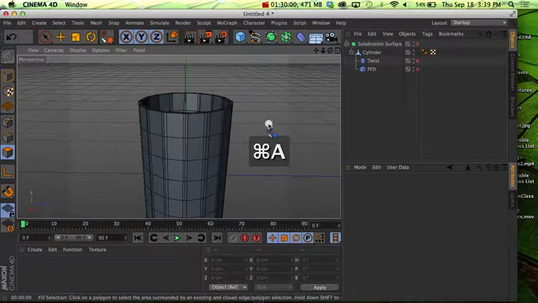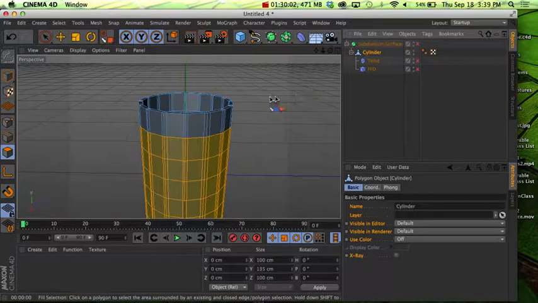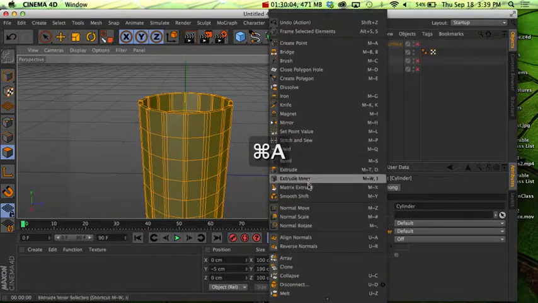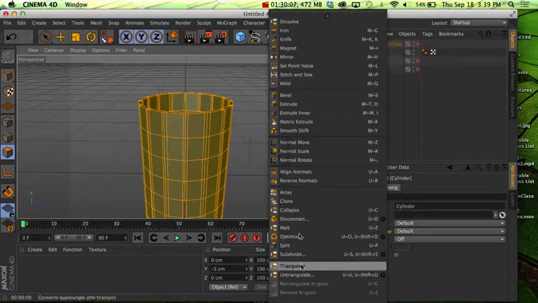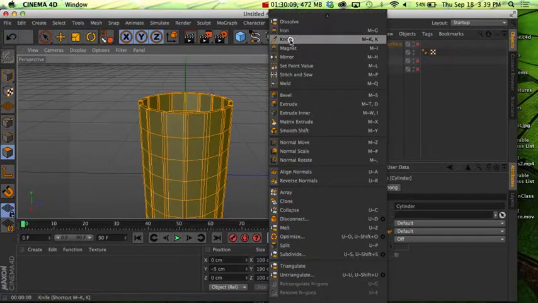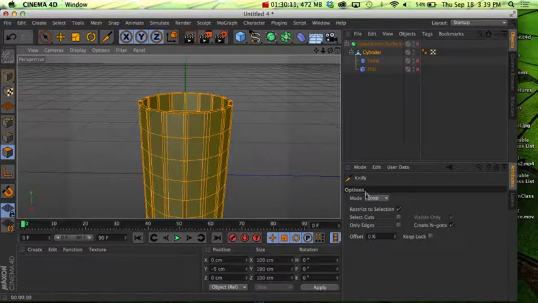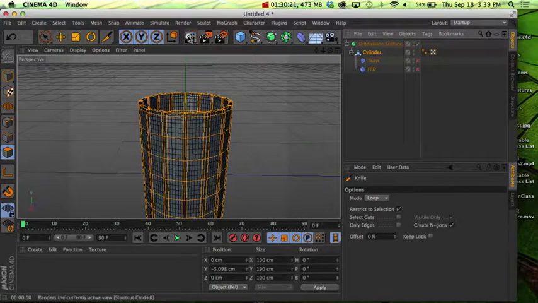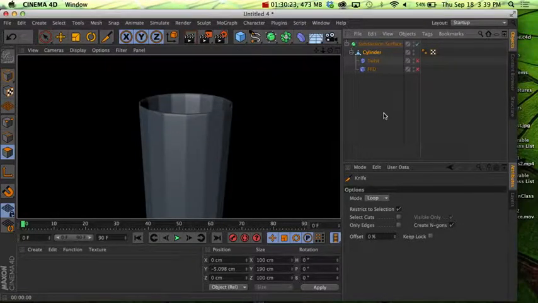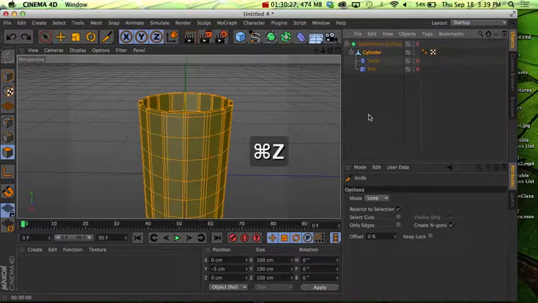So if we just do our knife, old friend the knife tool, tried and true, and then do a loop selection. Let's just go up here. Now, one thing though, this is going to only cut the outside. So if we turn on our subdivision surface again, it's okay, but it's still super soft on the inside. So if you want to cut the inside too,